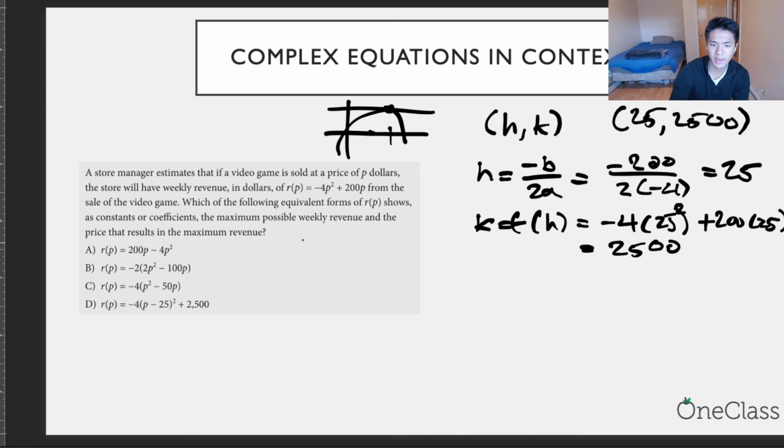Now we're not being asked to find the vertex specifically, but rather which of the following equivalent forms shows as constants or coefficients the vertex. So we know that there's a vertex form that we could place our equation into, which is y equals a times x minus h squared plus k. And for us to put that in, we would do y equals